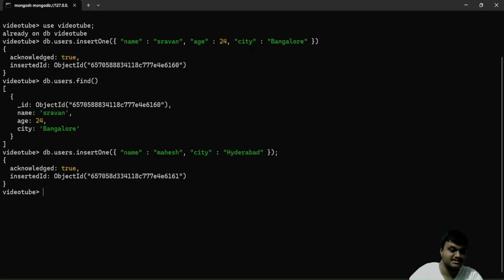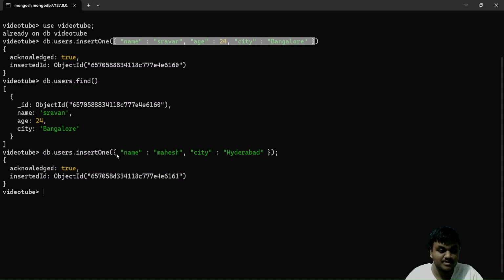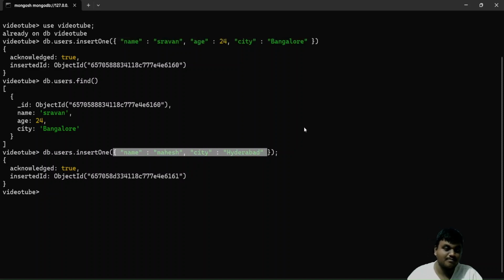If you take this one, it is inserted. Actually, this handles the horizontal scaling. It is the collection that supports horizontal scaling. It will take the data. It is not structured, it is schemaless. MongoDB is schemaless. It does not follow a fixed structure. Some documents have three columns, some documents have two columns, and some other documents have four, maybe five or six also. Like this, it will follow